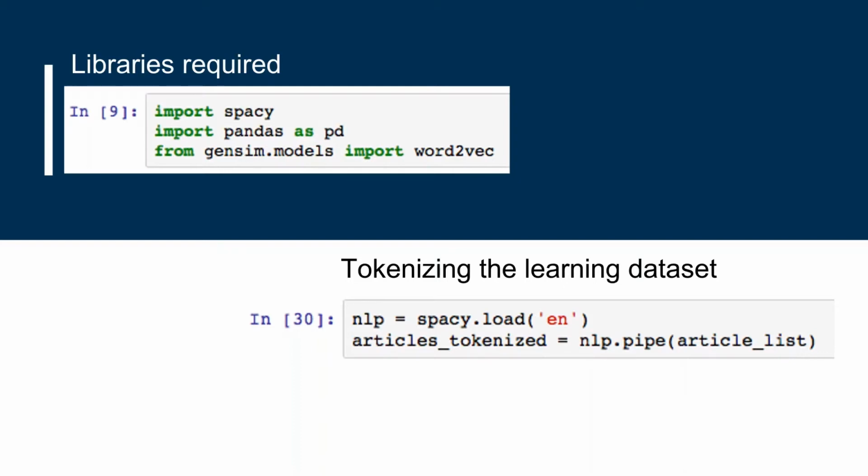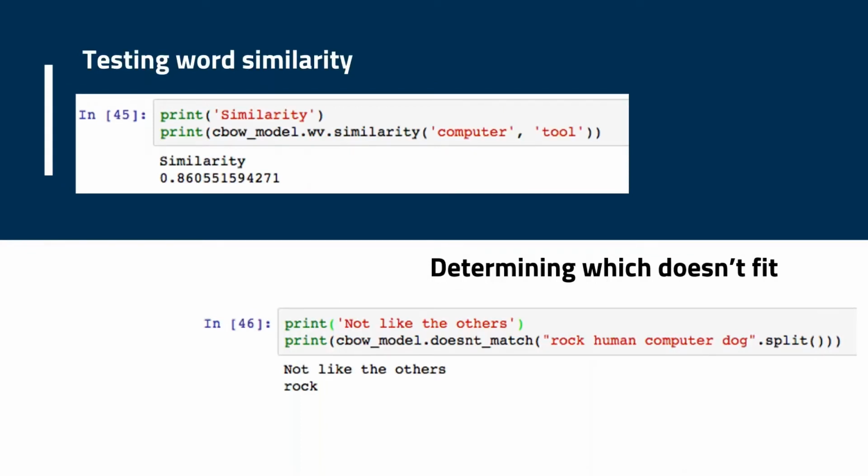All right, so are you going to pick up a couple of words and see how similar they are? Absolutely. So we had some science articles that we loaded in. Up top, you're going to see word similarity, and we're comparing computer and tool. I wanted to pick something that was relatively similar, but could have some nuanced difference. As you can see, it's 86% similarity,